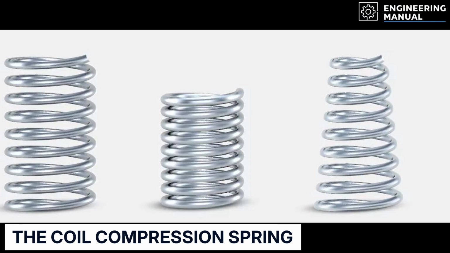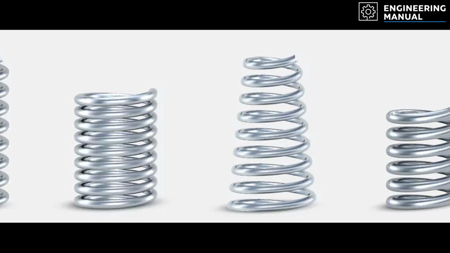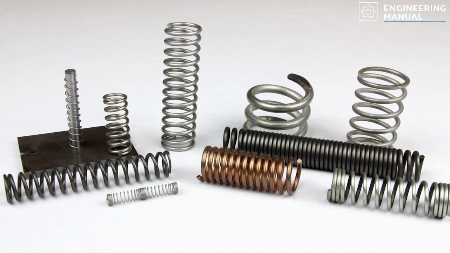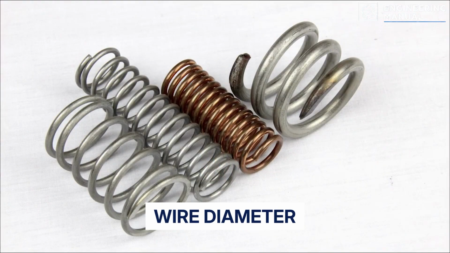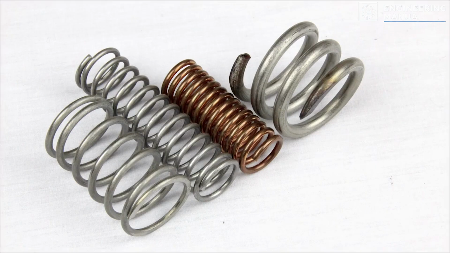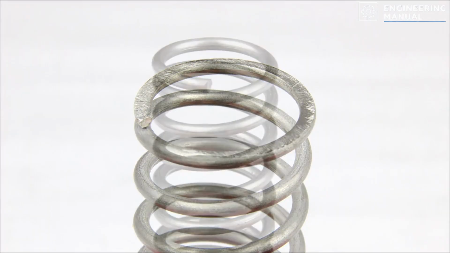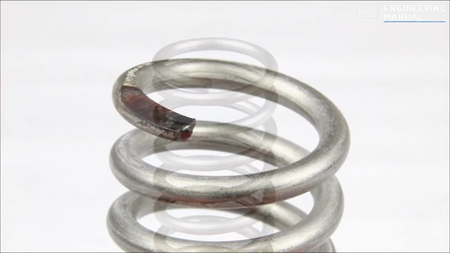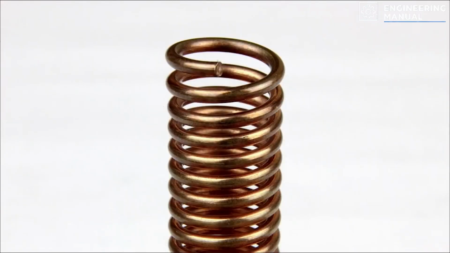The coil compression spring is the most fundamental elastic energy storage device in mechanical engineering. A helical wire, loaded axially, produces an approximately linear force displacement relationship governed by wire diameter, coil diameter, number of active coils, and shear modulus. The governing constraint is shear stress distribution along the wire cross-section. The highest stress occurs at the inner fiber of the coil, not the centroid, which creates a persistent fatigue hotspot